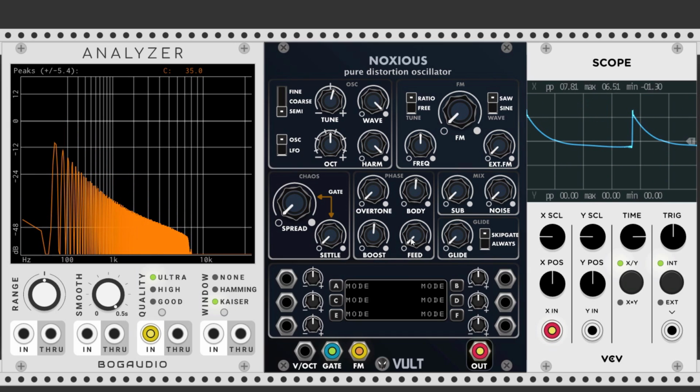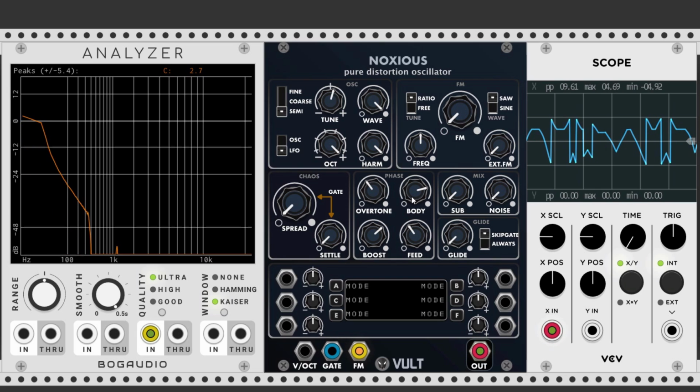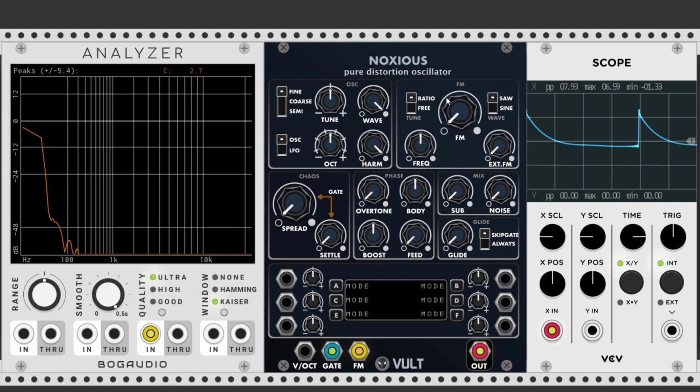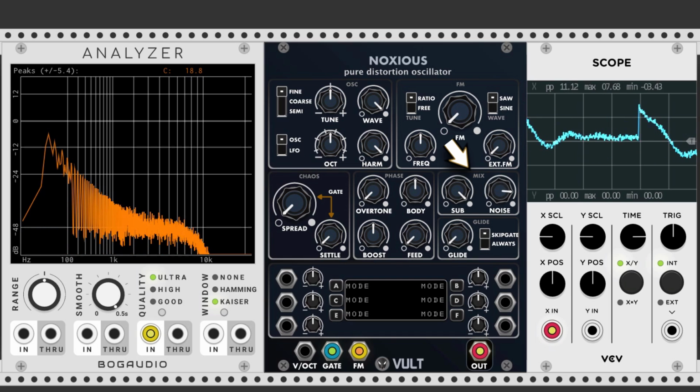Now, when changing only one parameter of the phase settings, the results are quite subtle, but when combining them we can get really interesting wave shapes, and again by switching to LFO mode we can also use them in low frequencies, adding interesting movement and motion in the sound. We also have the mix section, where we can mix in a sub-oscillator that can help recover the low end, and we can also mix in white noise, which can be very useful for creating percussive sounds.